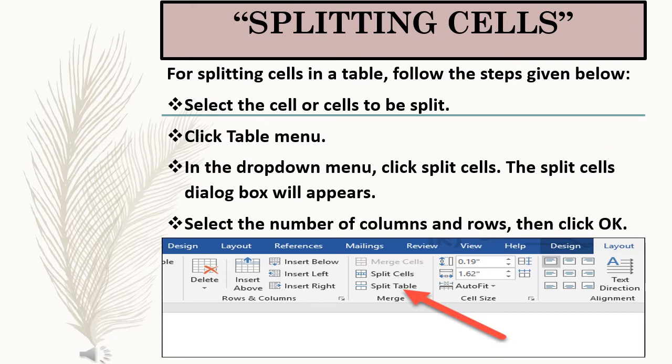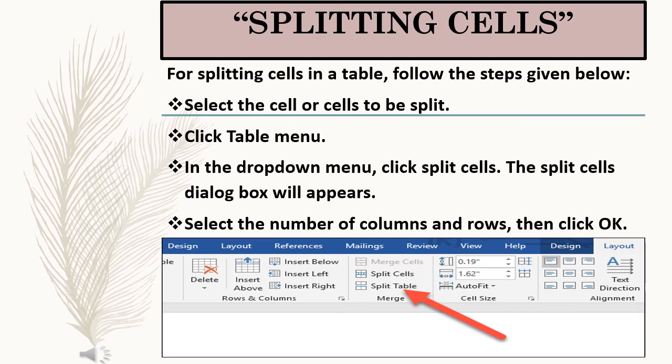Yes, students, your today's last topic is splitting cells. The Split Cell option of the Table menu can be used to divide a cell or group of cells into the selected number of rows and columns. For splitting cells in a table, follow the steps given below. Number 1, select the cell or cells to be split.